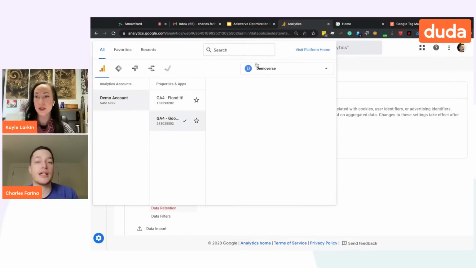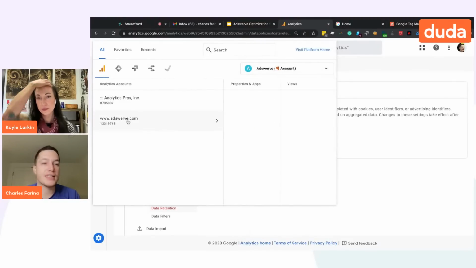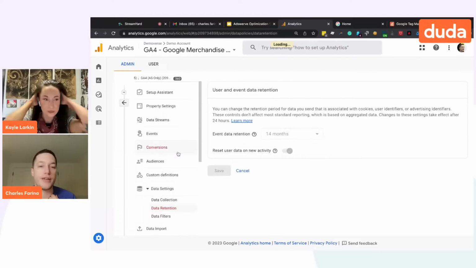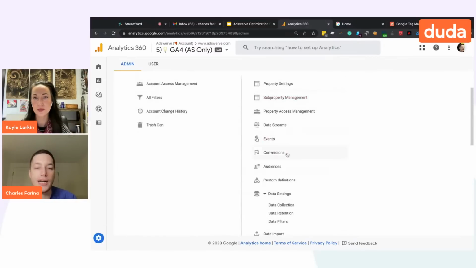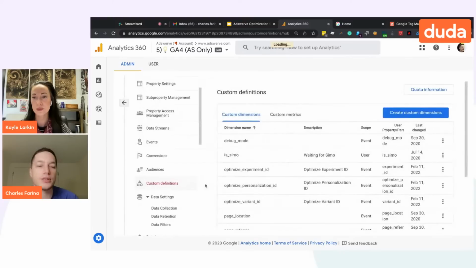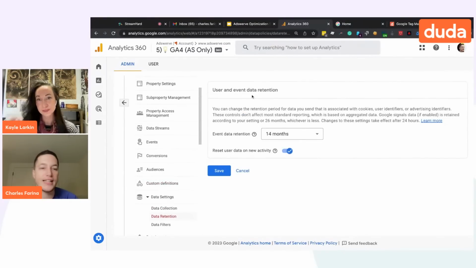So I'm actually going to switch accounts real quick so that I have full admin access. I'm going to go to my personal GA4 account for my company. And when you set up GA4 for the first time, there's a setting that Google doesn't show you at first called data retention. In today's digital world, there's a lot going on in our industry around privacy and security and other sorts of things related to data. So this isn't necessarily a new feature in Google Analytics. It actually exists in the current version, but what it's doing is much more important in GA4.